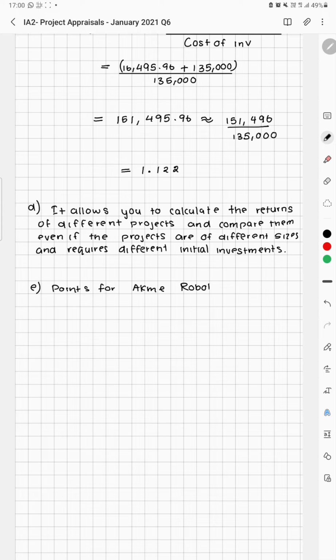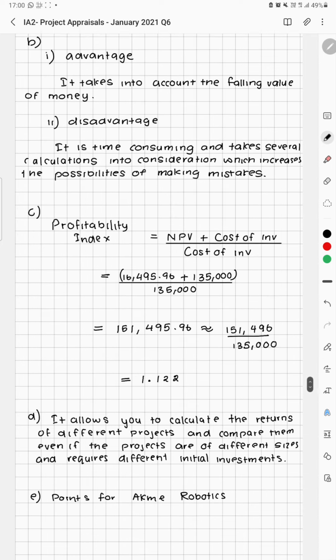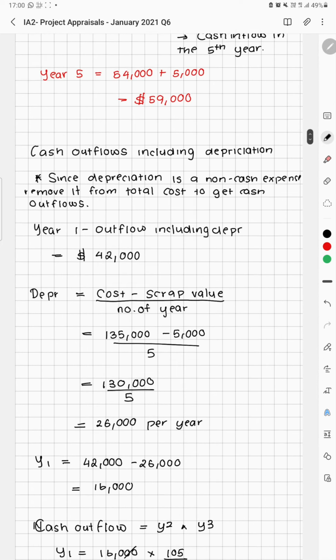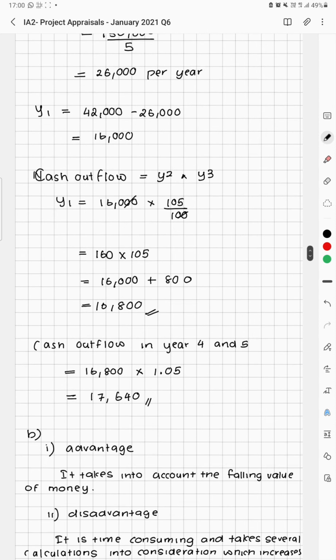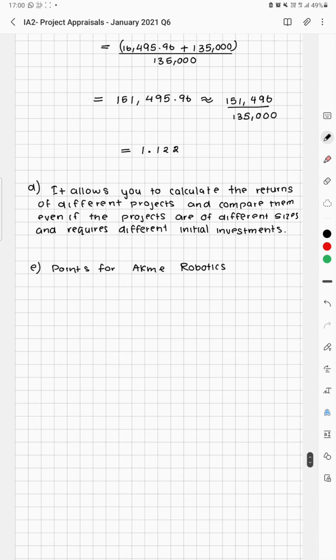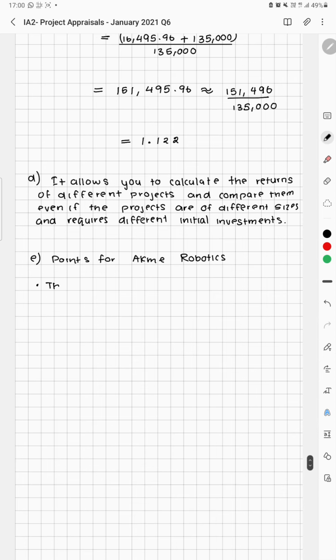The net present value under the Acme Robotics project is 16,495.96, or roughly 16,496, as opposed to the 12,000 net present value that we get from Digital Solutions Limited after 5 years. So the only point for Acme would be the net present value